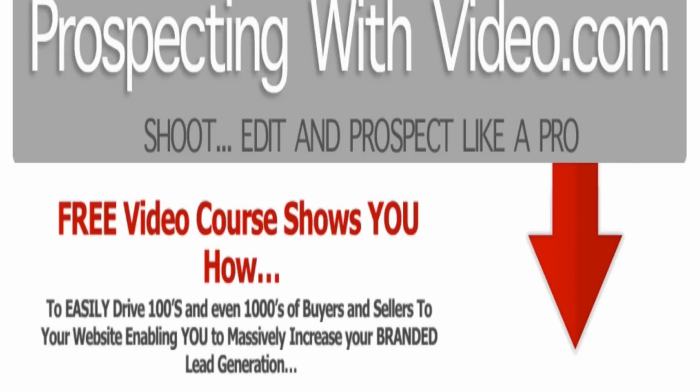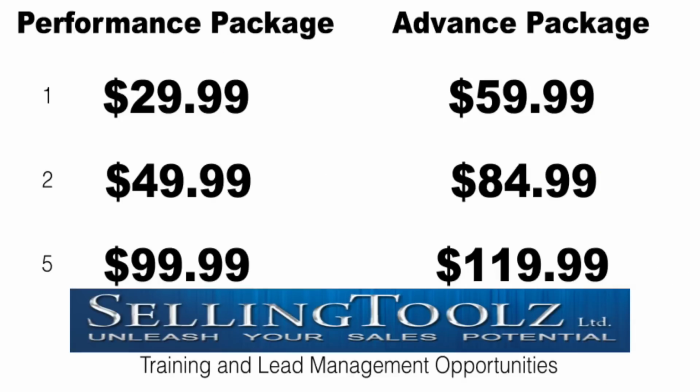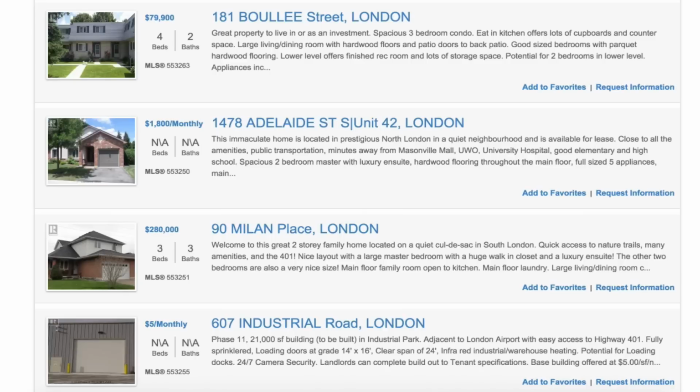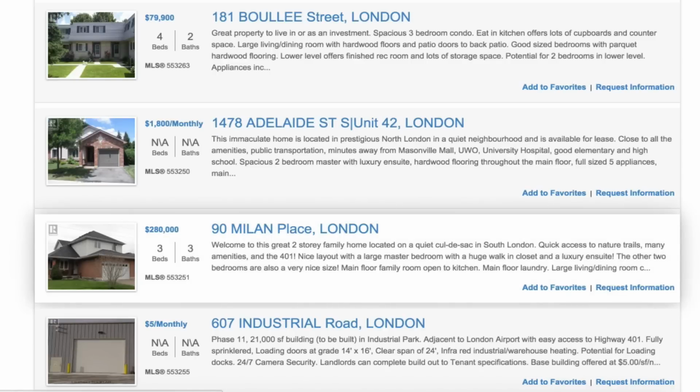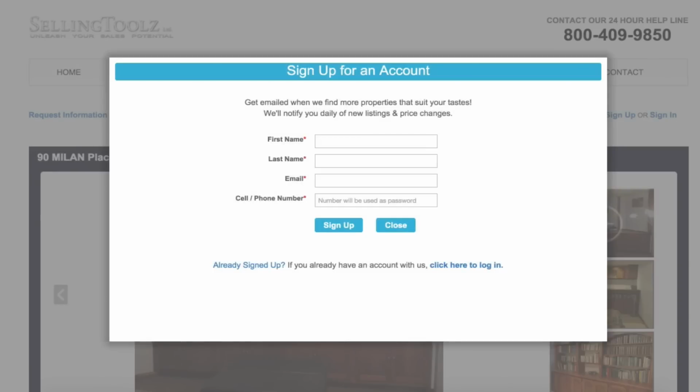Now, what I wanted to do then is get more into price here, and there's, as I mentioned, the performance package and the advanced package. The performance web page, and almost every web page in our system, is $29.99, and that's the starting price paid per month, paid annually, slightly more on a monthly level. Then there's the advanced package, and the advanced web page is $59.99, and we spoke about that in the last